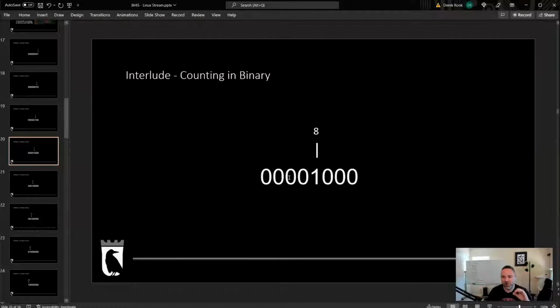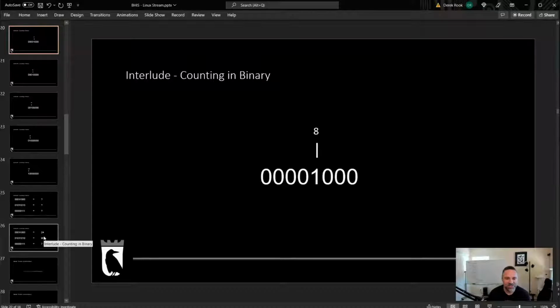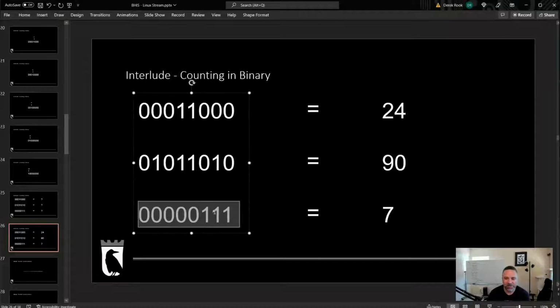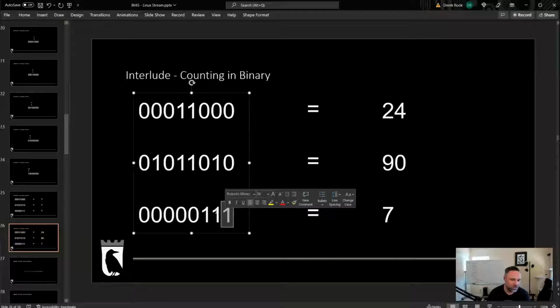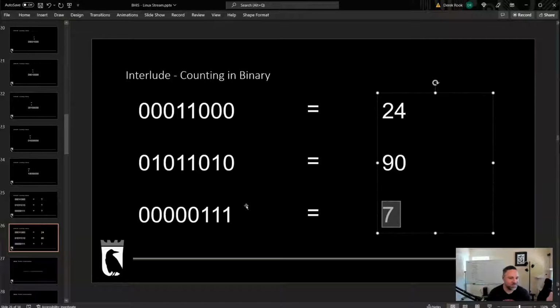For permissions, we only need the 1s, the 2s, and the 4s place. We don't need to go all the way up the line. I do this because later in the class we talk about networking, and you need to know all the way up to 256 for networking and whatnot. So we just need the first three bits. Again, if we look at the binary, if you set 1, 1, 1, that's a 1 in the 1s place, a 1 in the 2s place, so that makes 3, and a 1 in the 4s place, so that's 3 plus 4 equals 7. And that's where the 7 in 777 comes from.